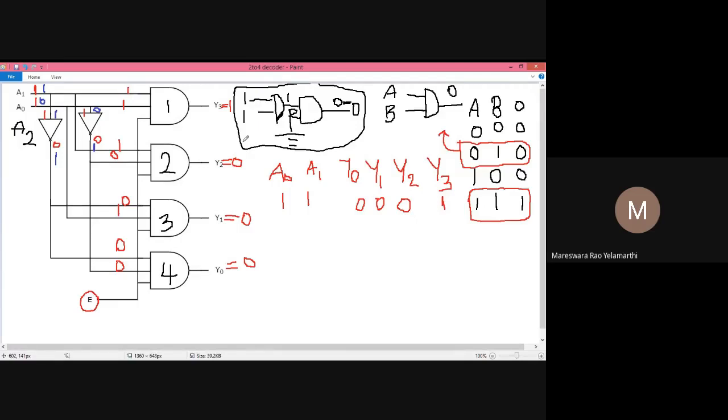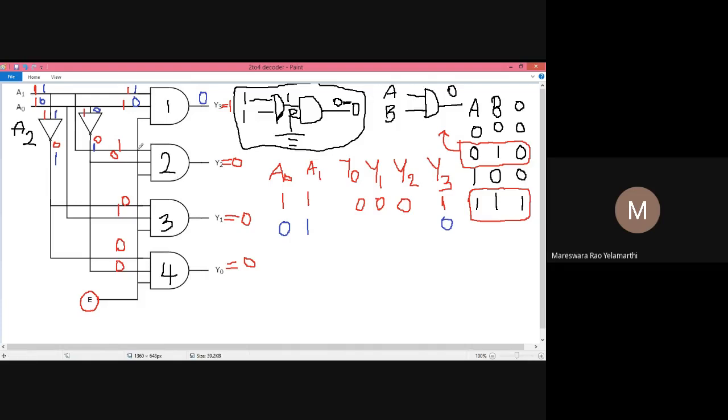Now see here. First we will come from Y3. The first input is 1 and the next input is 0. A 1 and 0 combination gives an output of 0. So the first gate output, the Y3 value, is 0 for the 0 1 combination. For the same 0 1 combination, we apply the second gate.